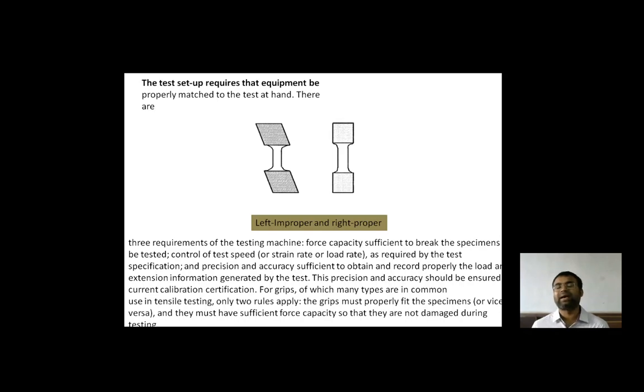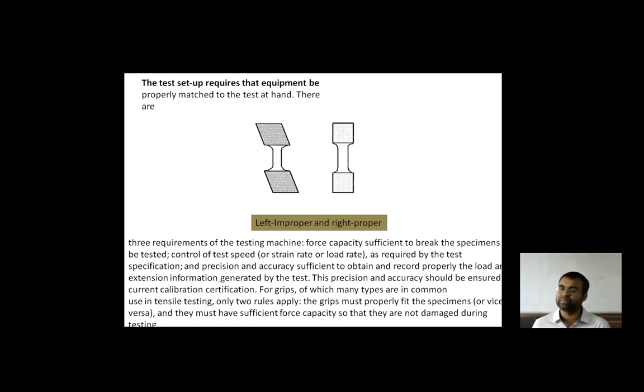in, you can say, subjective manner and it is to be detailed, because each point is to be focused। If I left something, you need to read from that particular point and to understand, and then we will discuss if you have any confusion। So the test setup requires that equipment be properly matched to the test at hand, and there are two pictures: the left is improper and the right is the proper one। As we discussed, in tensile test, most of the specimen sizes are in the shape of dog-bone shape or the dumbbell shape। So the left one is not the proper one and the right one is the proper one।